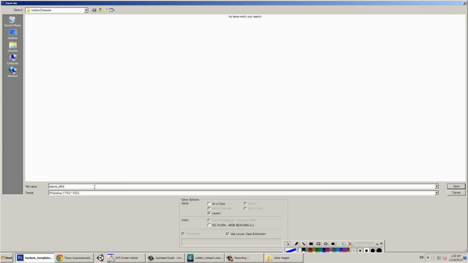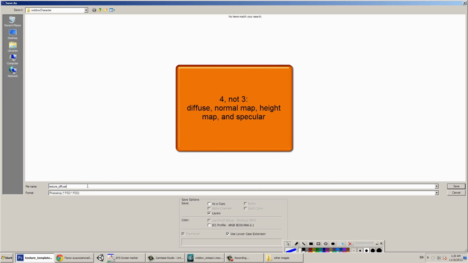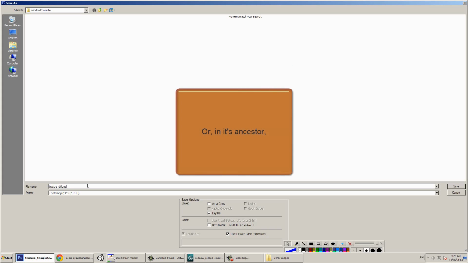with character, save your texture with the name texture, diffuse, because diffuse is your main color texture. There are usually three kinds of categories of textures. Diffuse displays the color, normal map also displays colors in the form of RGB, just to outline the direction the light should be reflecting at when hitting the model, creating this illusion of details on the model. And the third one is a height map, which is black and white, and which is used in parallax occlusion mapping,